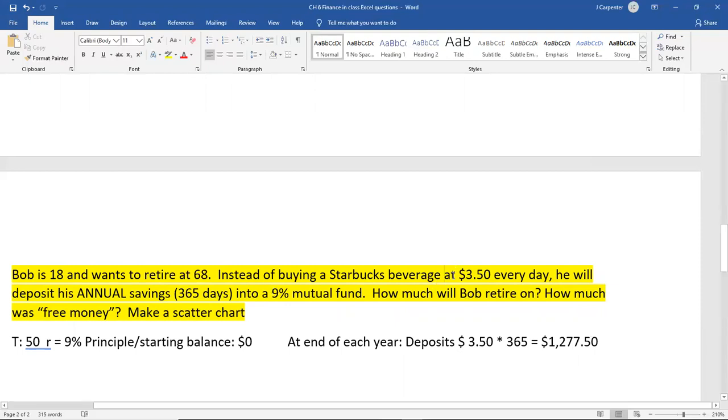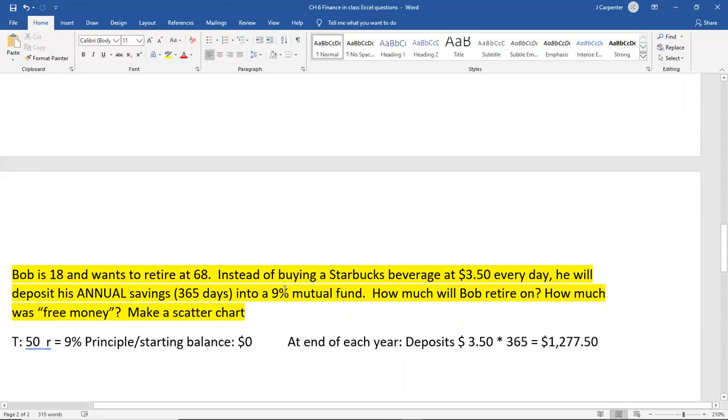So he's not going to put away $3.50 a day. That would make the problem a little more complicated. He's going to take that $3.50 and put it in a box every single day, or just not spend it every single day. End of the year, that's like $1,277.50. So he's going to then take that $12,750, put it into the account,